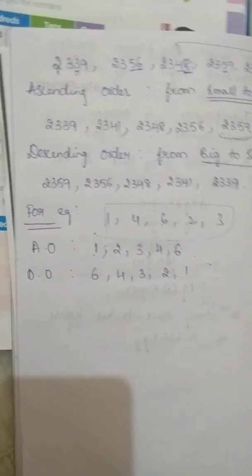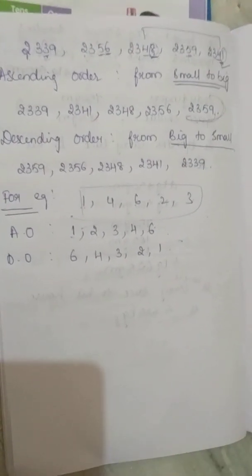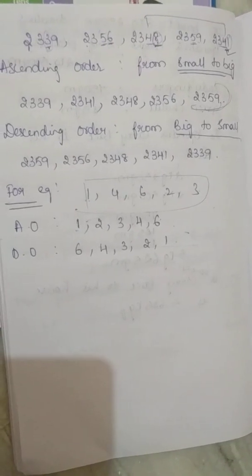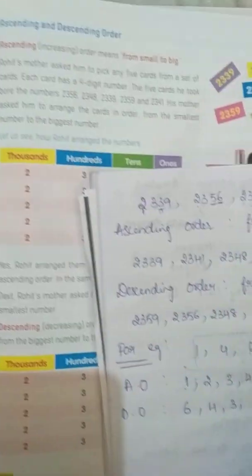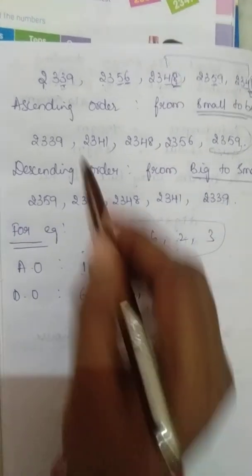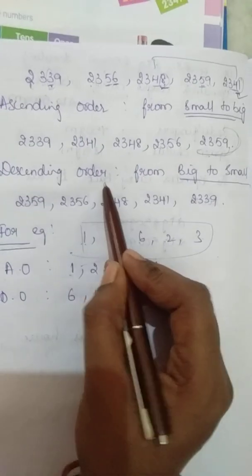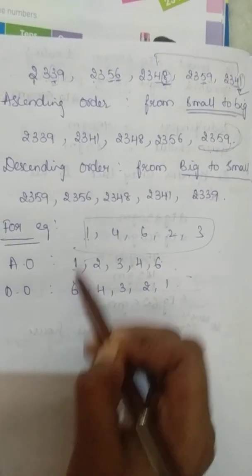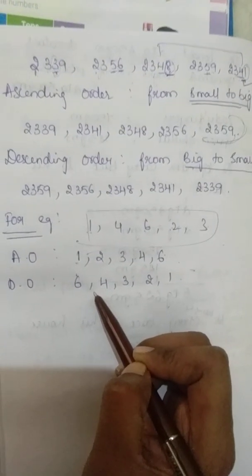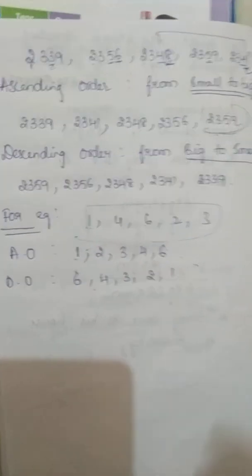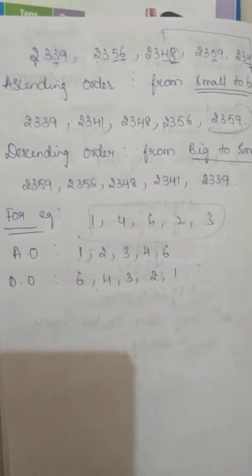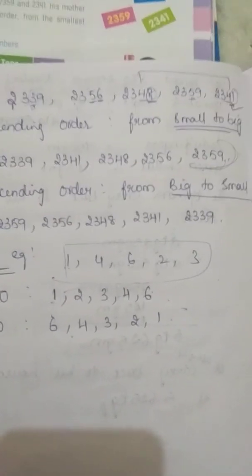Now I'll give you a small homework. What you have to do is open your classworks, all of you, and in that classwork put today's date and write down the heading ascending and descending order. After that, write down these examples. First write down what is meant by ascending order, then what is meant by descending order, and write down these two examples. Clear? If you have any doubt, take your parents' help and complete your classwork. And in the workbook you also have a worksheet on ascending order and descending order. You have to complete that one also.